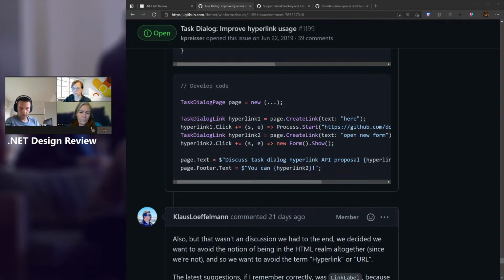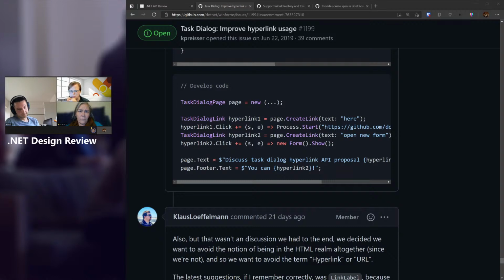No, I think we're talking past each other. I completely buy the scenario, the unassisted one. All I'm saying is that it seems weird that you have to derive and override. Why is that not just an event you can subscribe to directly on the existing task dialog page? Why do I have to derive that type and override a virtual? Because that seems fairly heavy-handed for the scenario that I want to do.